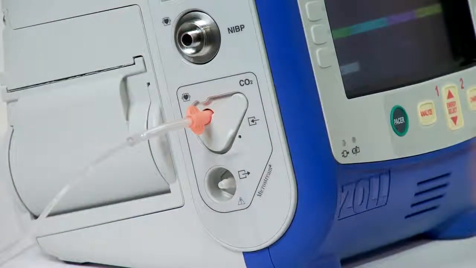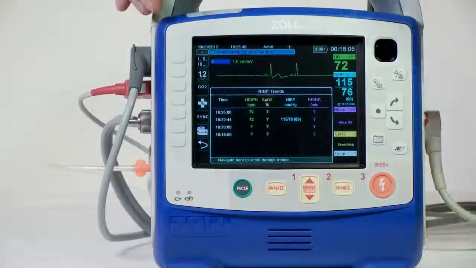The filter line set is intended for the CO2 monitoring of intubated patients. Place the airway adapter at the proximal end of the airway circuit between the elbow and the ventilator circuit Y. Do not place the airway adapter between the endotracheal tube and the elbow, as this may allow patient secretions to